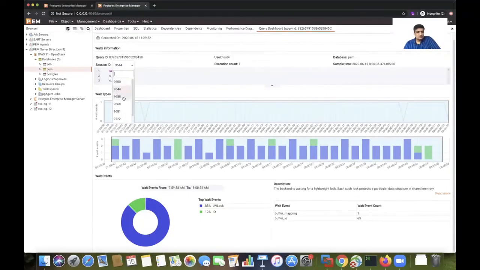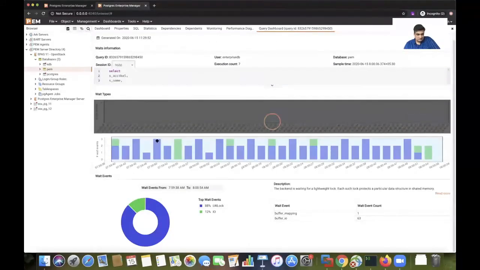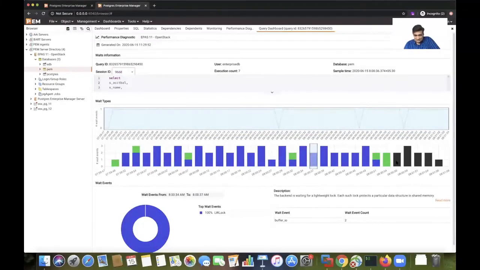So you might want to improve your query to lessen these operations. You can also go into different queries and see what is really happening. So if you really see this, there is something during this query execution where it was also waiting for some IPC. So let's just take an example.